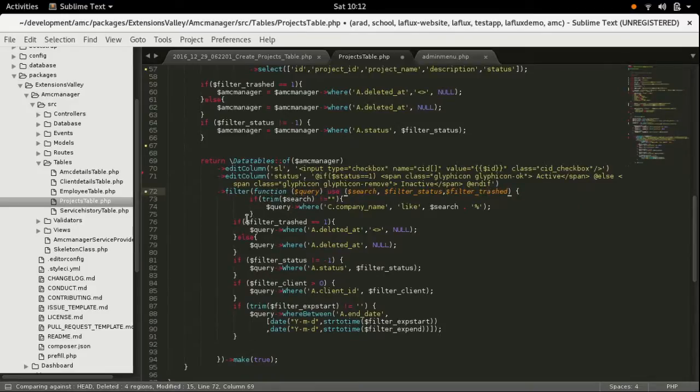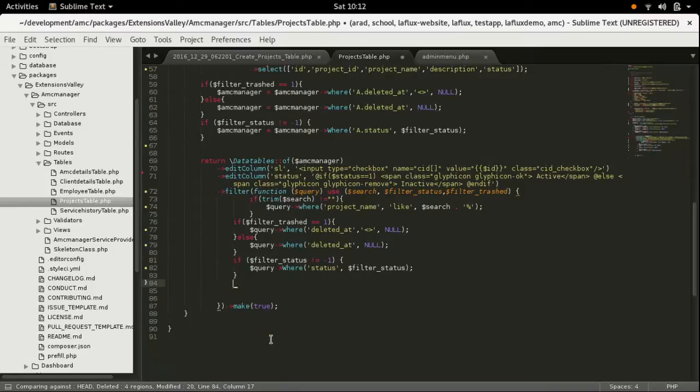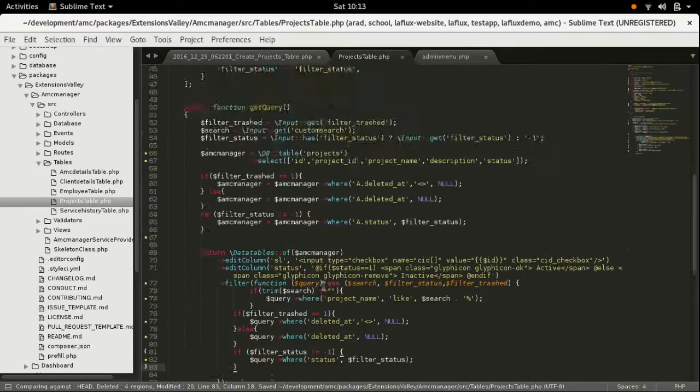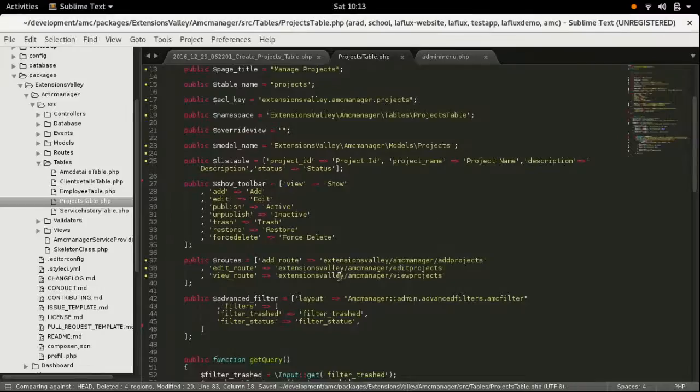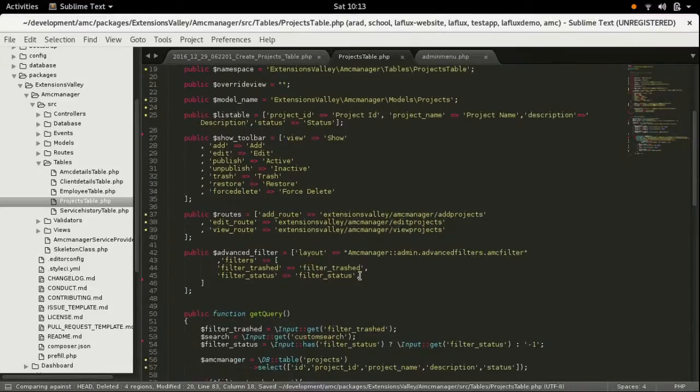Search should work with the project name. Yes, project underscore name. Deleted should be this thing, status should be this thing, and this does not record here. Okay, now we are good to go. These are the only things required for our proper structuring of table listing, and the table listing represents this view. So next thing we have to do is create a model file, because the model instance